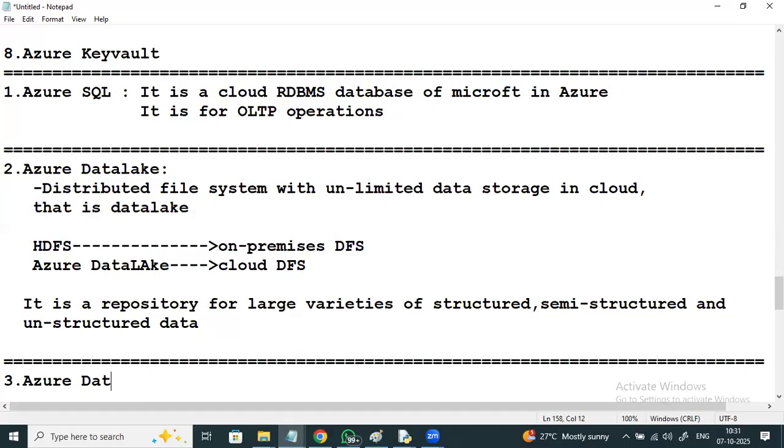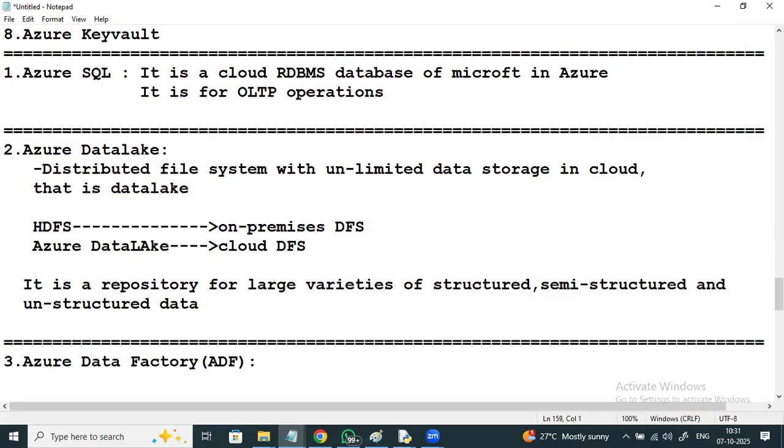Azure Data Factory, ADF. In a simple way, it is a cloud-based ETL of Microsoft.